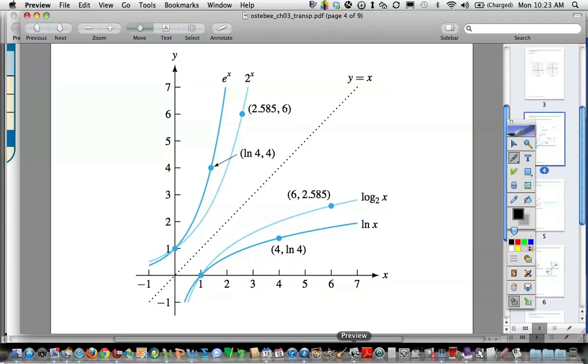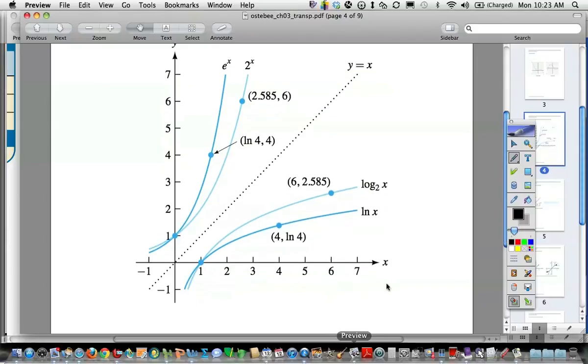Another property they have is you can interchange the x and the y. Okay, that's what inverse functions do. We interchange the input and the output. So the domain and range should be exactly flipped on two inverse functions. All right? Another definition we have for inverse functions is if we go,